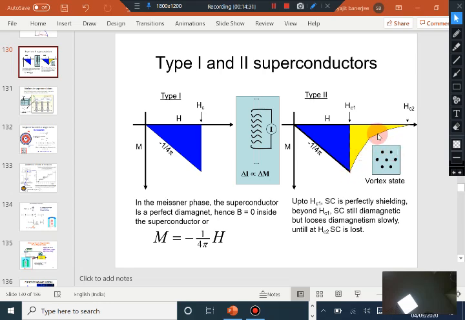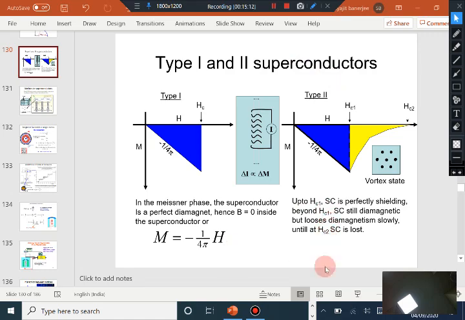And so you see that the diamagnetism gradually decreases until, at the upper critical field, so much of the normal region has been generated, namely the vortices have come so close to each other, that there is no superconductivity left inside the system and the system turns normal. So actually you start bringing these vortices close together as you increase the magnetic field until at Hc2 they are just touching each other, so that they obliterate the entire superconductivity from the material and the system turns normal. So this is how you have type 1 and type 2 superconductors, and the distinguishing feature between them is